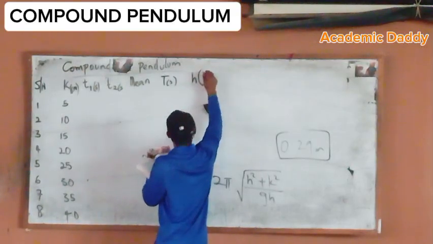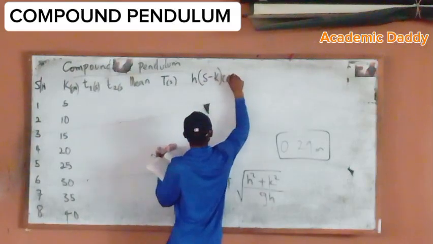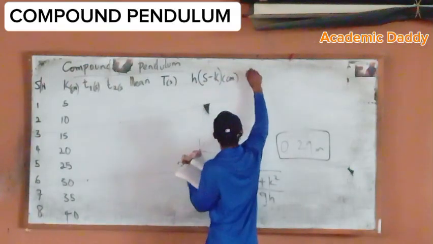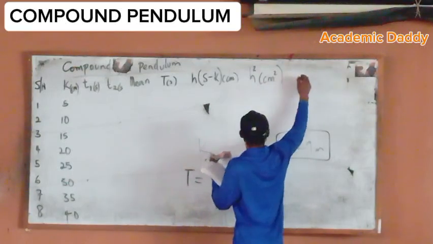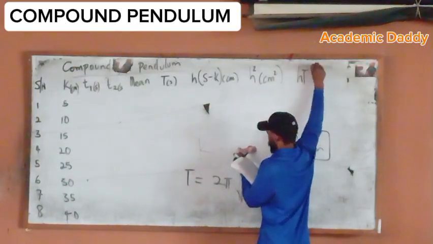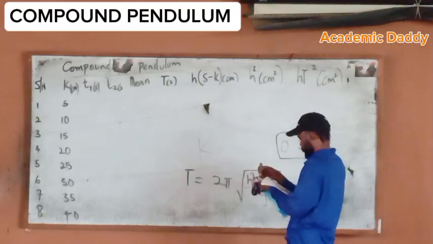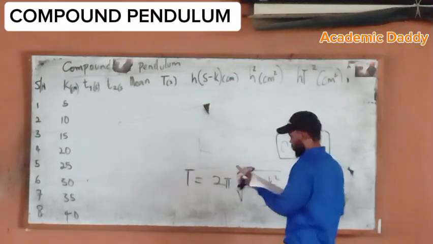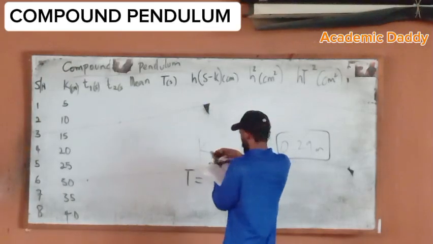They said that S minus CM. Then they gave us S square, CM square. Then they gave us h square, CM. Alright. So at the end of the day we have